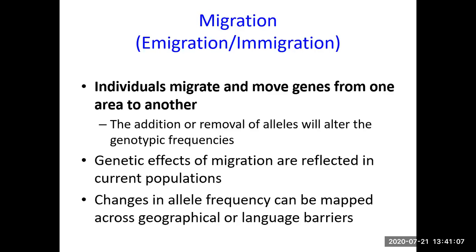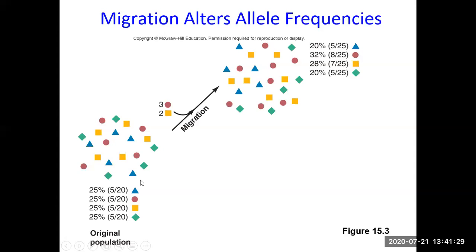And those 10 individuals, if they went and joined the neighboring village, let's say a neighboring tribe in the forest, and that tribe also had 100 people to start with. Now that tribe has gained those 10 individuals, they have gained a lot of genes and new alleles, okay? So the addition or removal of alleles will alter the genotypic frequencies as people move in or move out. So this is the original